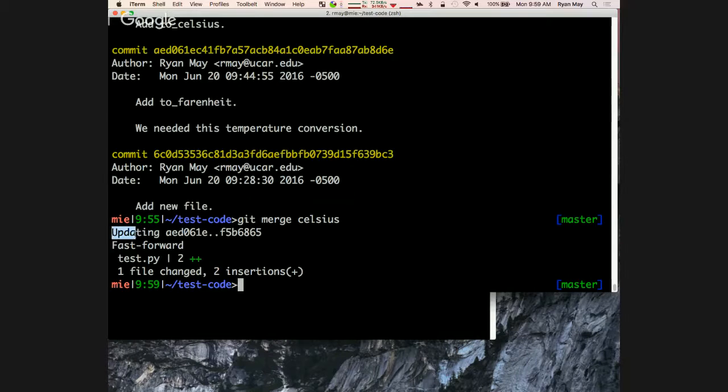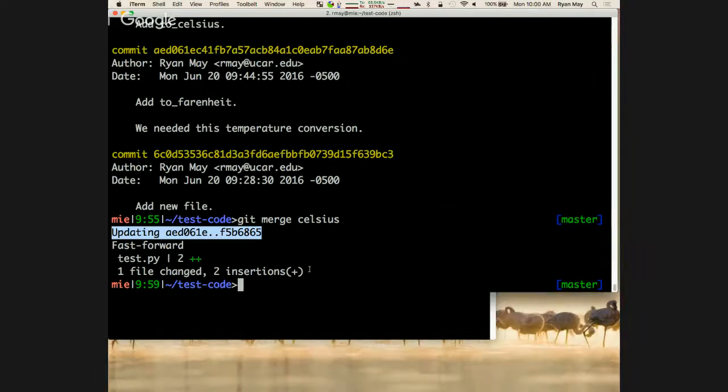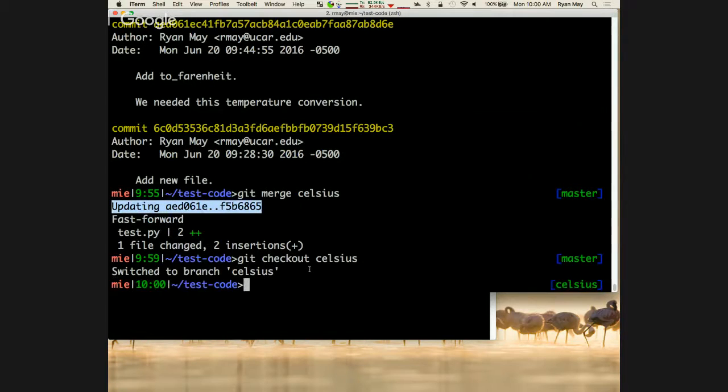Oh, okay, it says please commit your changes or stash them before you can merge. So that's something I didn't do. I think you didn't commit the changes to test.py. So if you do a git checkout Celsius, you git add test.py.